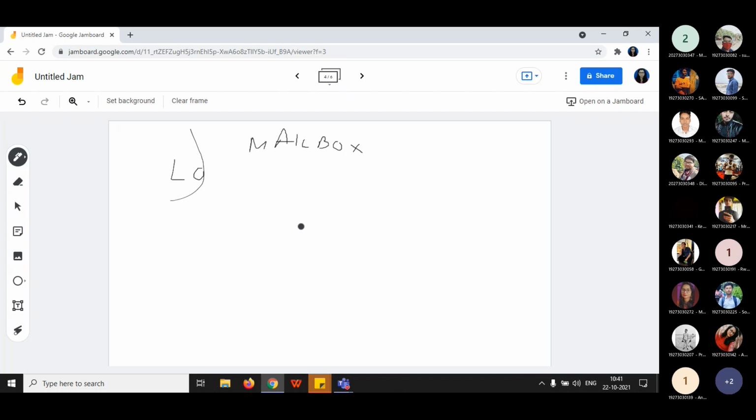The data flows will be like: the user can compose any mail, or check the inbox, or send anything in the mail, or delete any mail and move it into the trash box. The user can create a folder, and move any unwanted mail to a spam box. These are the data flow names, and you can add many more also.